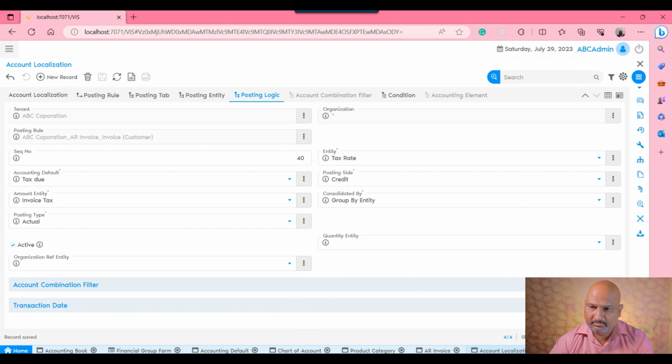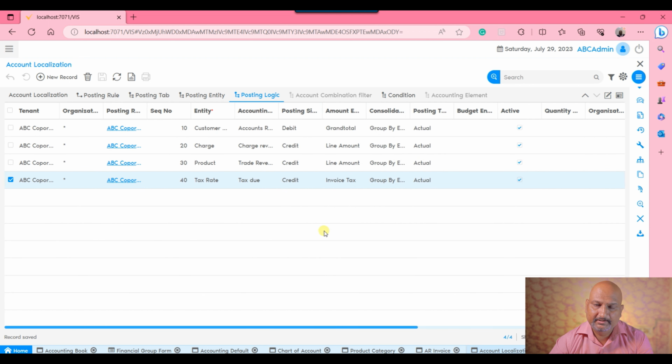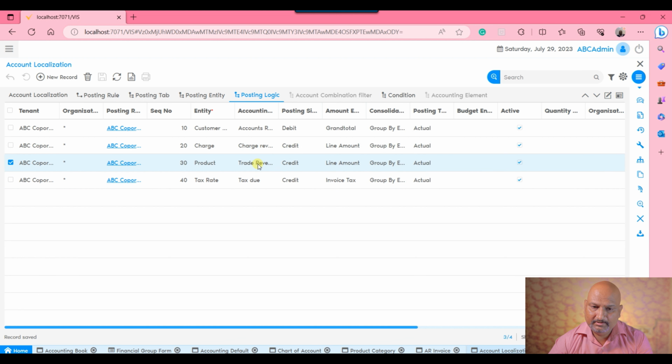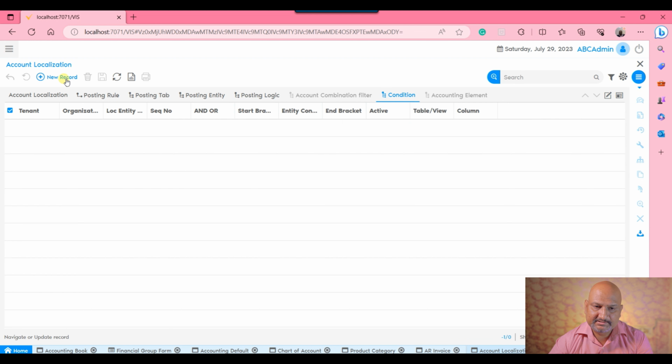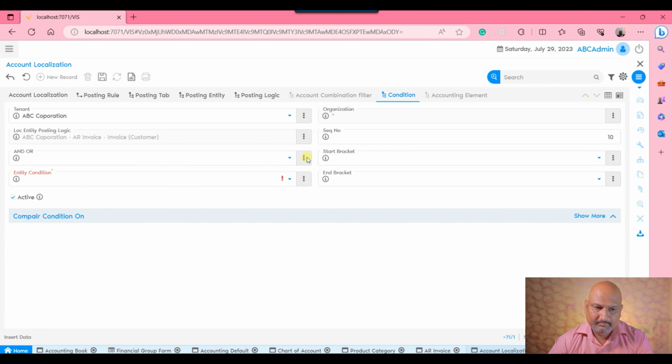Okay, so normally it used to be in this way. Now the question is, either I do have the charge or I do have the revenue. Now how does the system decide which ledger codes to be picked up? So in that case we would be able to push the conditions. For the charge revenue, I want to push the conditions that my,